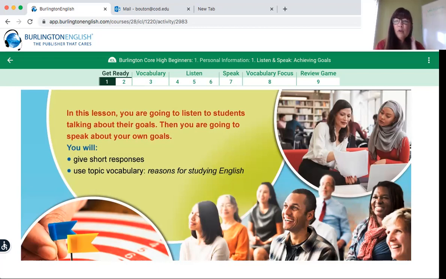If you have some time where you don't have your computer, but you have your phone, okay, if you went to the orientation, you should be able to see how to log in to Burlington English on your phone. So I have my phone right here, and I will show you. I have Burlington English on my phone. Okay, so if you can see right here, that's my Burlington English. So I clicked on that, okay, and it has the login.